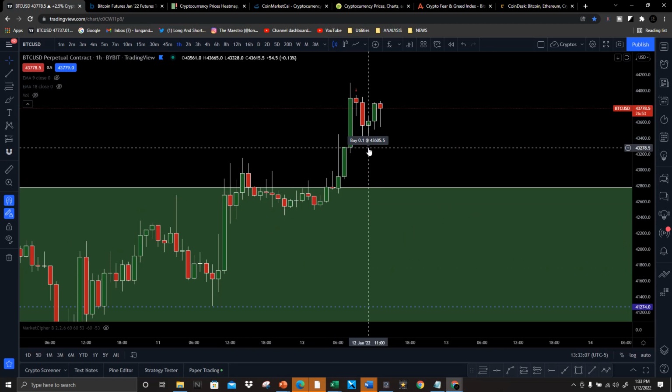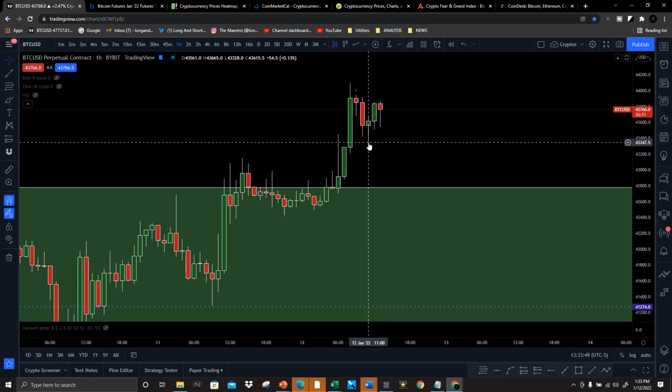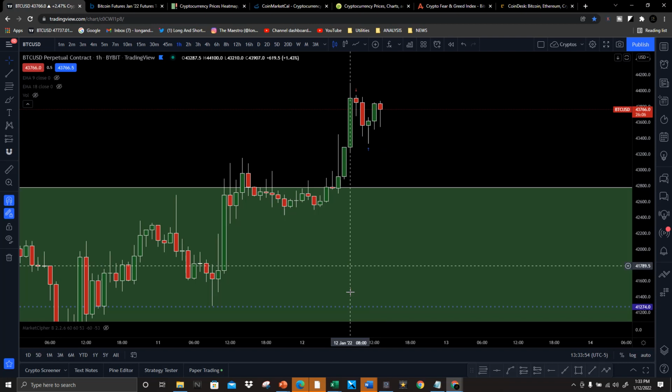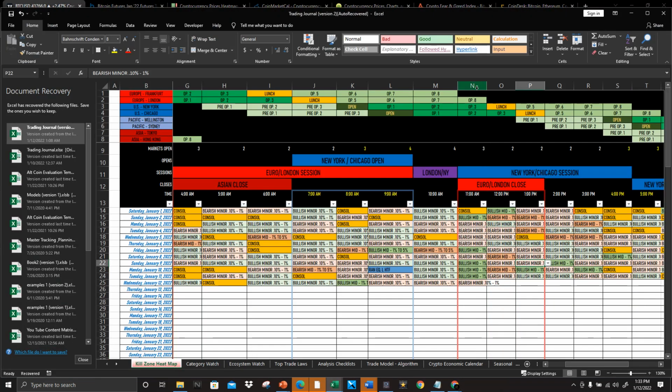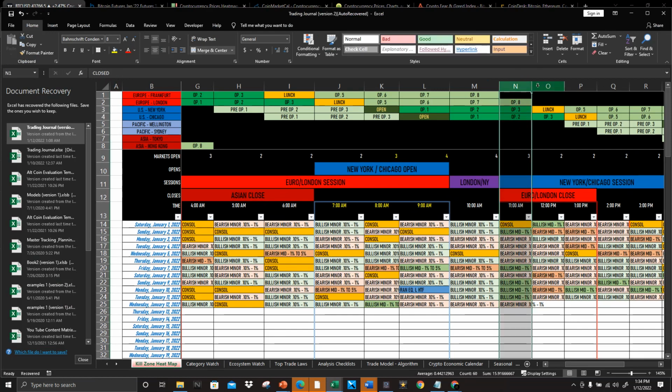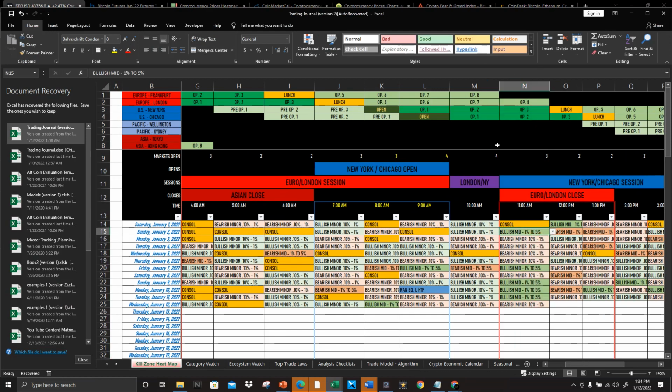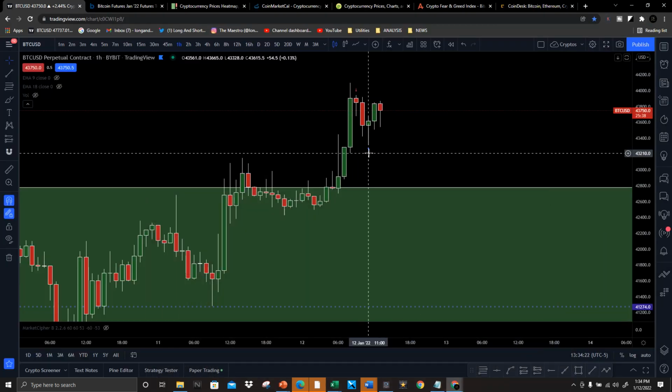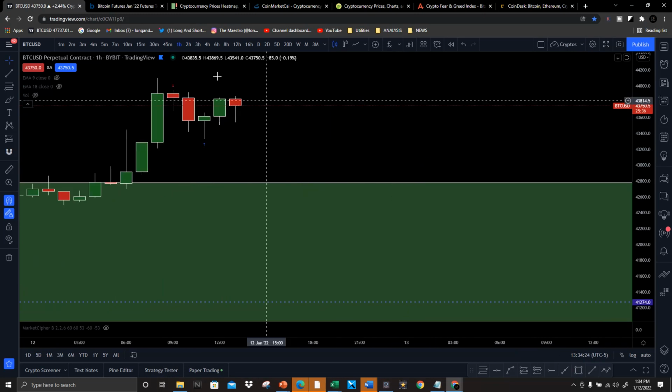hour. Here's one thing that you may have noticed on the charts at 11 a.m. The 11 a.m. hour for Bitcoin has been extremely bullish. How do we know this? Well, we track it. So if I were to highlight the 11 a.m. hour for Bitcoin, which you guys could probably see here, everything for that hour, for the most part, over the course of the entire year, has been bullish. You have big bullish moves, anywhere from 1 to 5%, and it's already happened 1, 2, 3, 4, 5 times this year. Now, if that's the case, if I'm in a short position, I want to exit right there. And as you guys can see, I got out probably at the most opportune time.